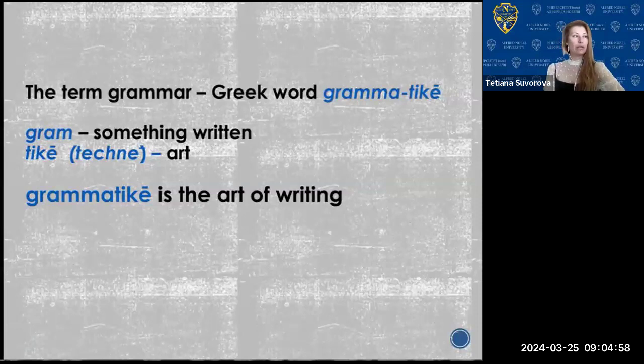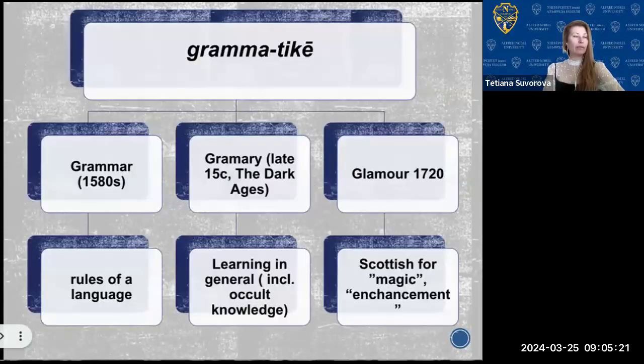So the term grammar is a Greek word, grammatike, and it is formed of two parts: gram, something written, and techne, art. So in other terms, it's the art of writing. Well, if we have a quick look into the historical development of the word grammar, which is composed, as you can see, of two words,